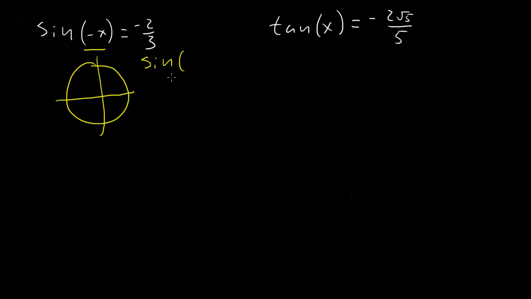Alright, so now we have the sine of negative x is equal to, actually it's already written, the sine of negative x is equal to negative 2/3. So what that means is we're going in this opposite direction, so this way, and we're looking for some negative x angle that has the opposite negative 2 and the hypotenuse of 3. Now, because this is sine, this is the hypotenuse here, and the hypotenuse can never be a negative number, and